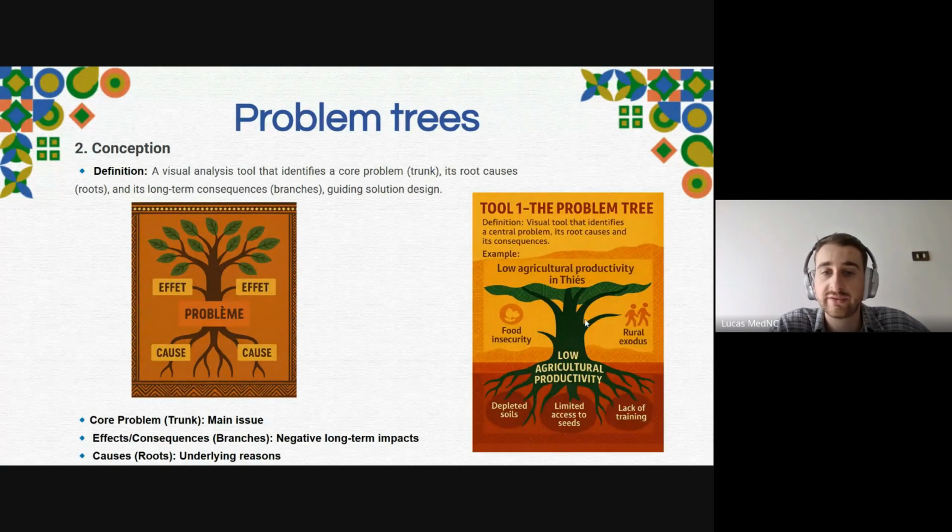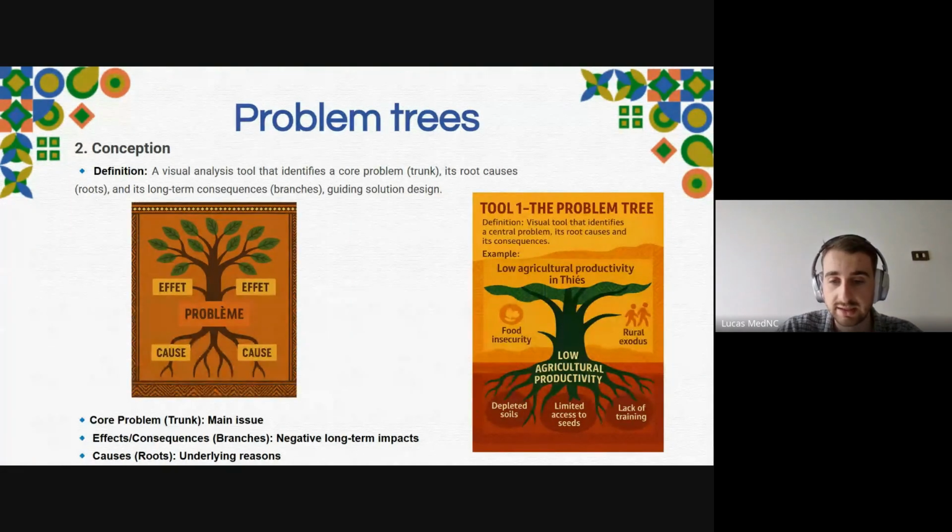So you have the main problem here, the main issue comes from the trunk, right? So it's the core problem. Here in this area, it's the low agricultural productivity. That means we don't have enough productivity due to a lot of factors, okay? We try to identify the causes, so why we have this problem.